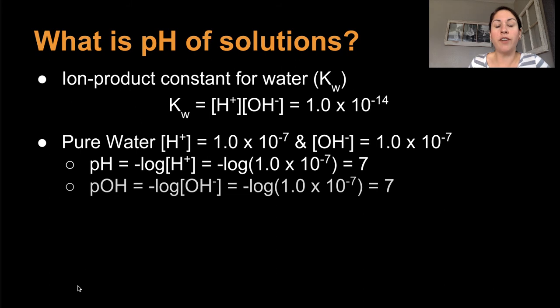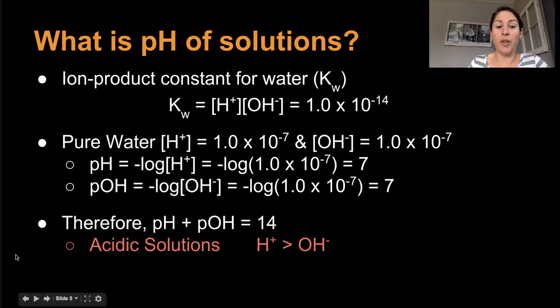We can also find the pOH, and we don't usually talk about this a lot, but in this unit we do, where we take the negative log of the hydroxide ions. If they're both equal, we end up with a pH and a pOH that are both 7. It just turns out that our pH scale is on a scale of 14, and so pH plus pOH is always going to equal 14,